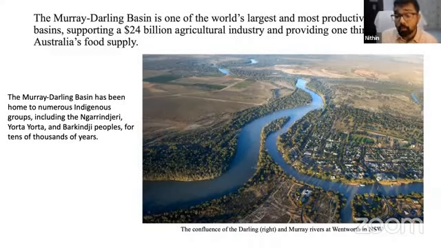Yes. And it's a huge economic factor also, because Australia is a country whose economy is based on agriculture, cattle, including cows and sheep, and fossil fuels. So a river source like this is very important for them, because almost all the agricultural land in Australia benefits from this river basin.